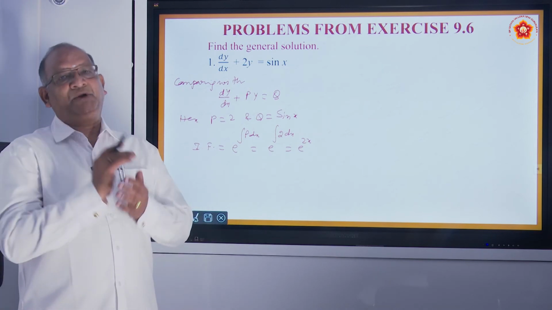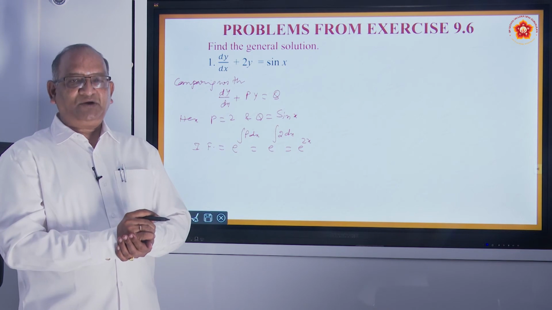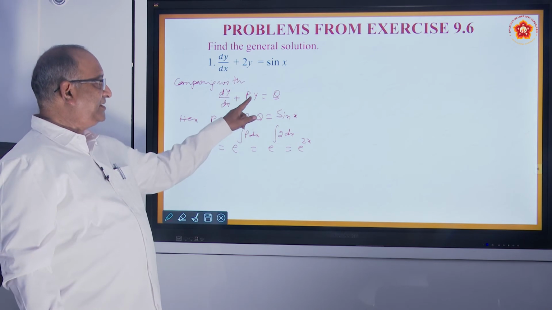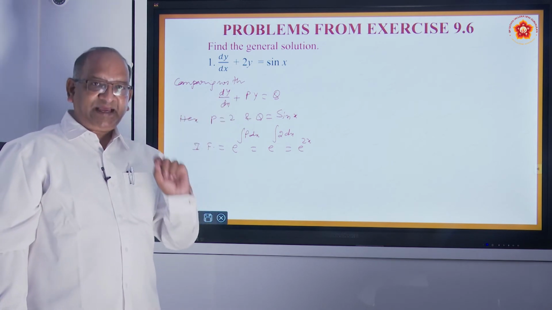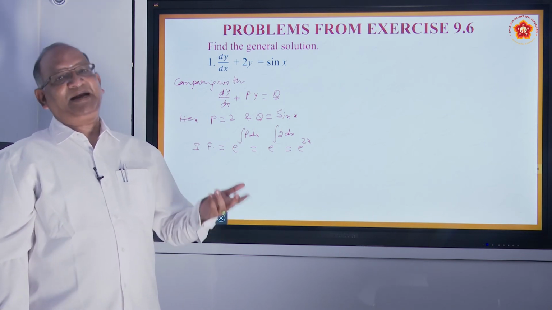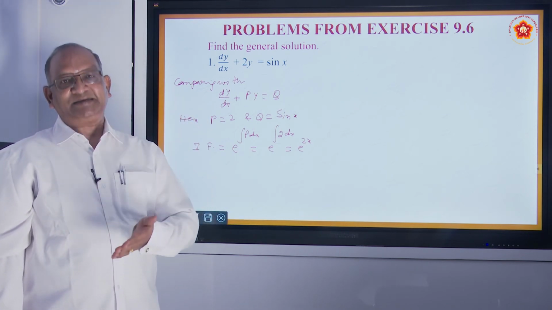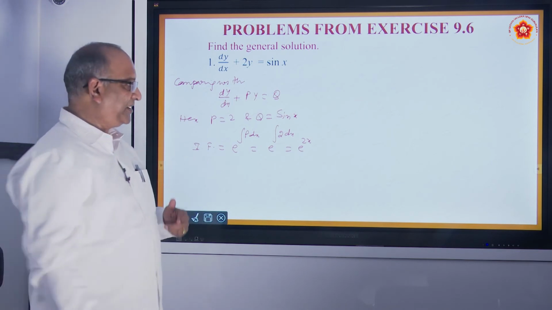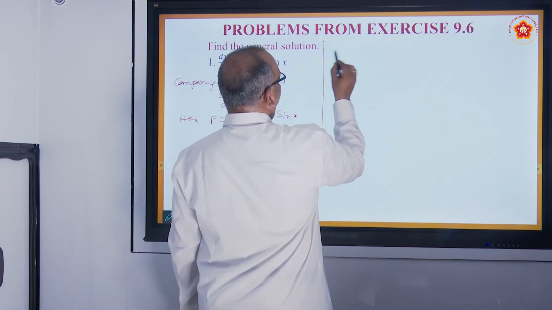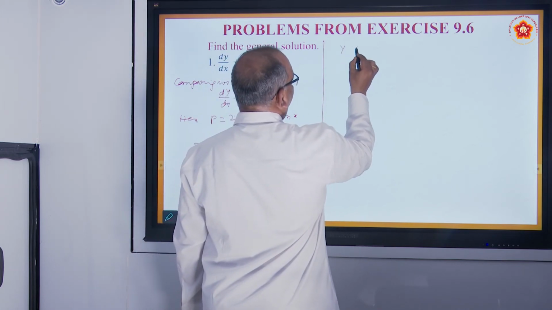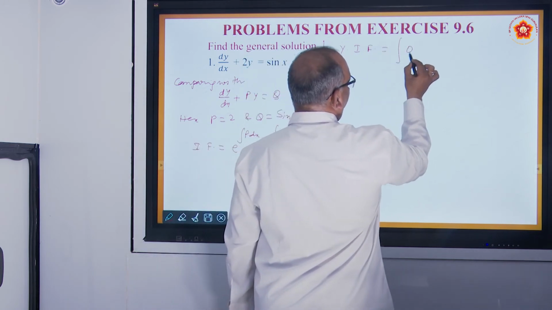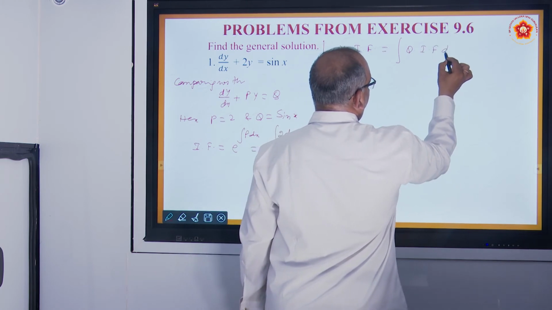This was something new, and you have to find it for every problem. How do you find it? With the help of P. Whatever is there with y is called P. With the help of P, we find the integration factor, and in the next step we write the solution. No doubt we have to do integration afterwards, but in the next step we can write the solution. So what will be the solution? The solution is going to be y into integration factor equal to integration of Q into integration factor dx plus c.